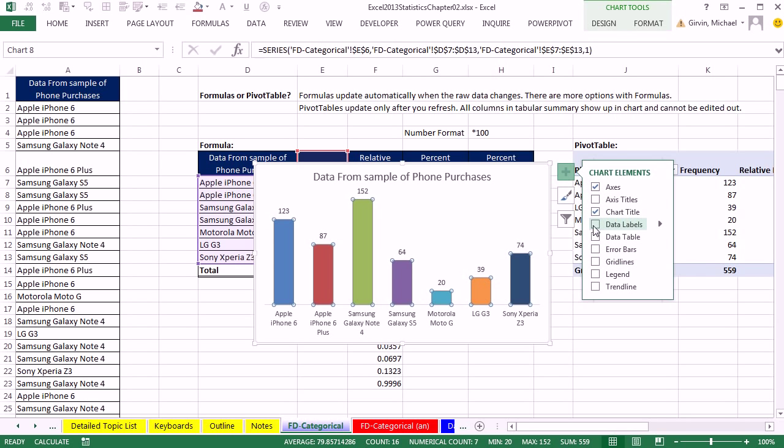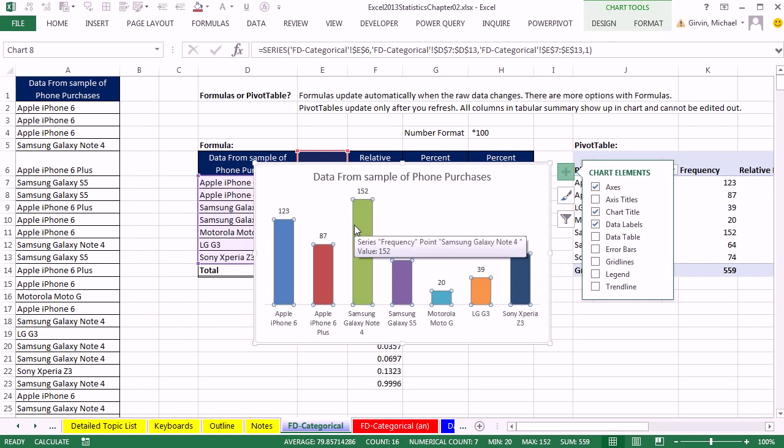I love this, data labels. Boop, just like that. So we have a column chart. The order of the labels at the bottom do not relay any information. The information comes from the heights of the column. We can quickly see that the green one is the biggest, and the little teal one is the smallest.